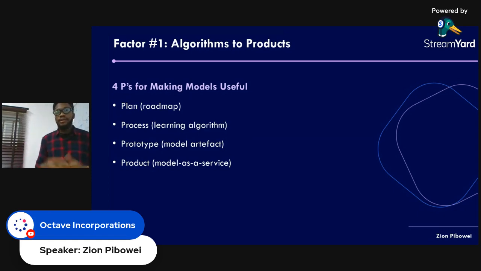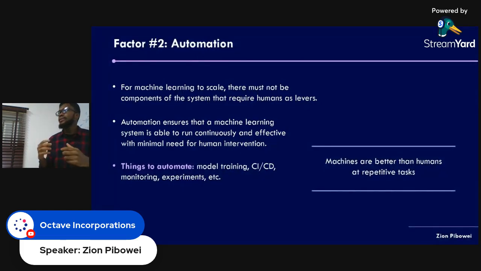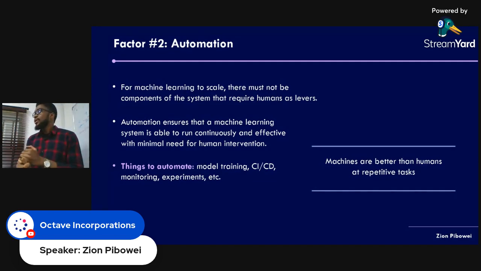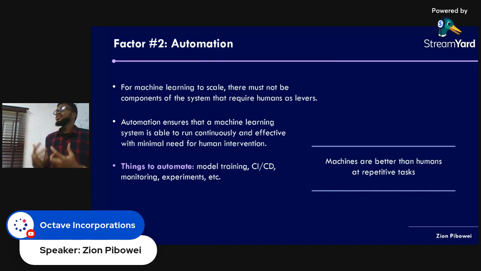Now, the next factor of scale is automation, where we talk about how we, as much as possible, remove humans from repetitive aspects of the workflow. There are certain things that we are able to automate in the system. We can automate model training. You spend a lot of time when you start working on your proof of concept, the first time you want to build your model, the prototype, researching and experimenting. But by the time you have everything figured out and you've built your first model, maybe even deployed it, the next thing you want to do is automate the procedure. You want to automatically train models without an individual having to be involved in the steps.